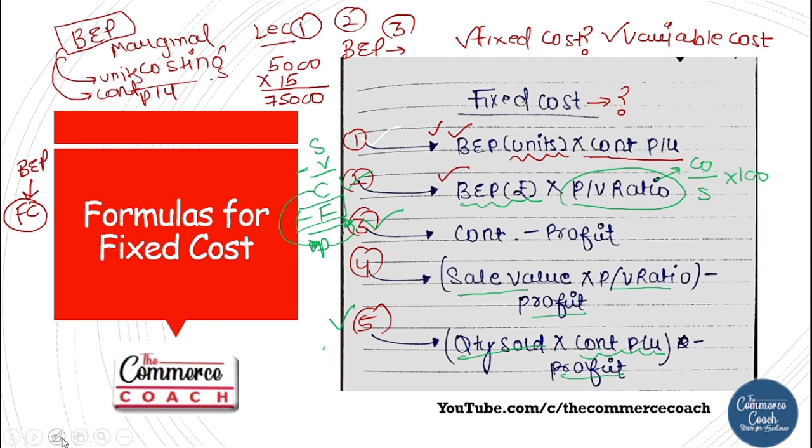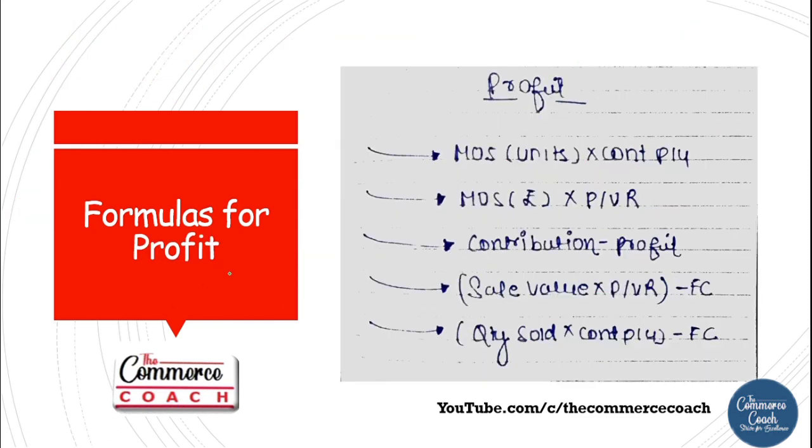Now let's move on. So if we move on now, we can see formulas for profit. See, sales minus variable costs. Please fix this statement into your mind. You are done with the chapter. Believe me, you are done with the chapter. So first of all, we have sales minus variable cost, we get contribution, minus fixed cost, we get profit. Now super easy. We were talking about this earlier, now we are talking about this.